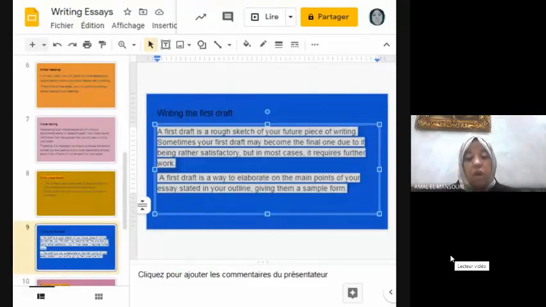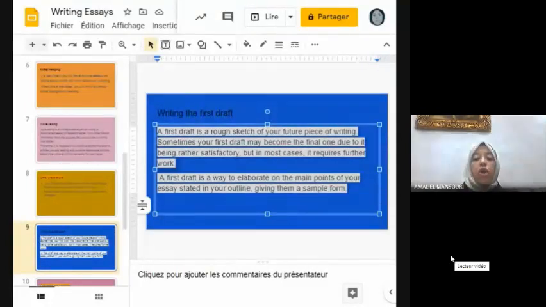So it's useful for the first draft to use double spacing and wide margins on both sides of the paper, so that you can add more details and information when you redraft your work.